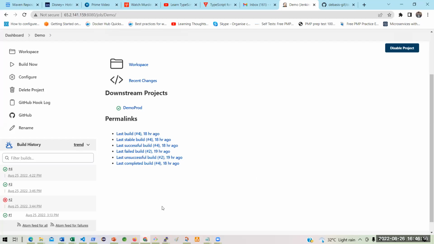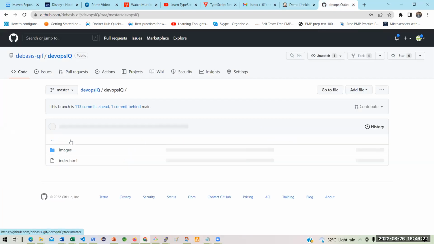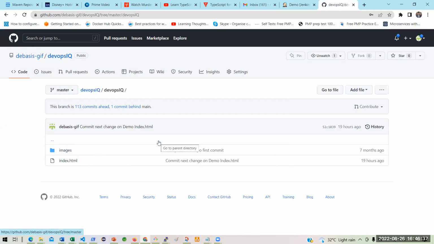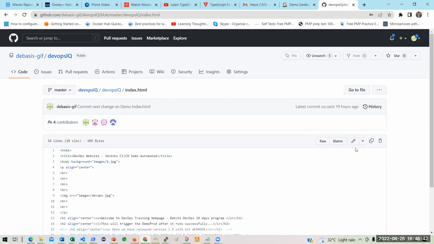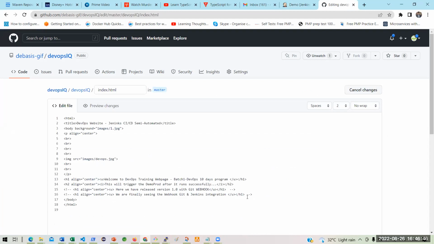So let us do some changes over there. I will not do any changes over here, like the Docker file, or I could have done it, but that is also a change, right? What do you think? Yes, sir. But that is an internal change. I will not be able to see it on the screen. To justify that I have something to do on the screen, so I'm editing it. I am now opening up